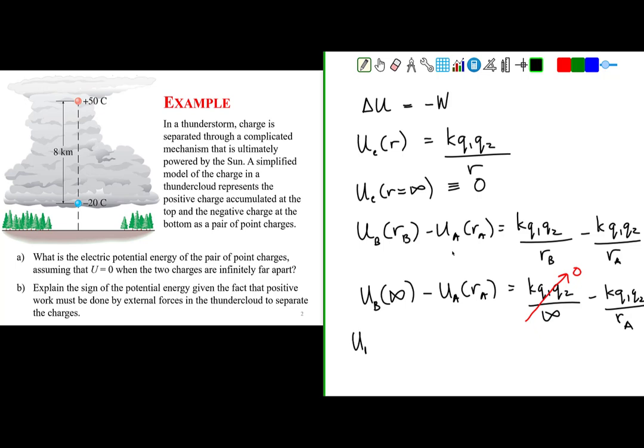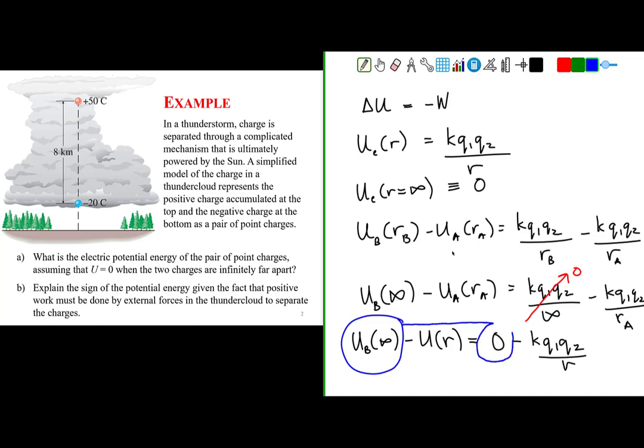So we now have the potential energy at infinity minus the potential energy at some finite point in space. I'll just relabel R at A to R, is equal to 0 minus K Q1 Q2 over R. And here is where we are saying the potential energy at infinity is defined to be 0,